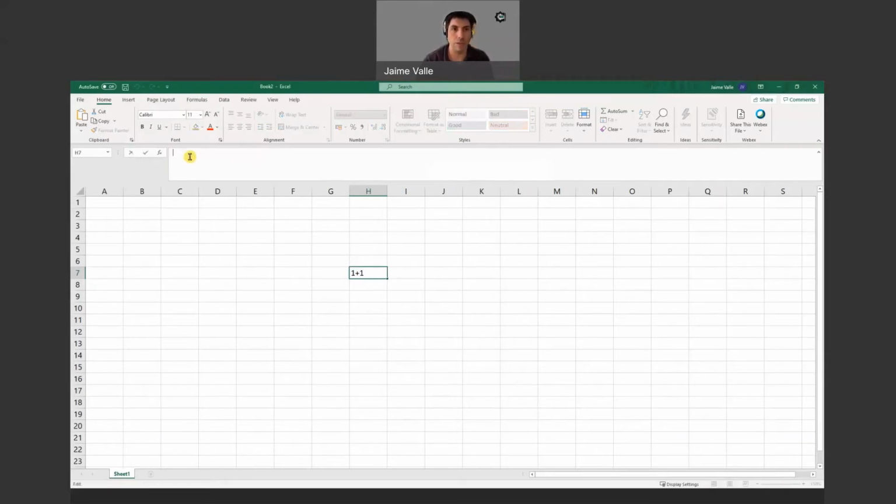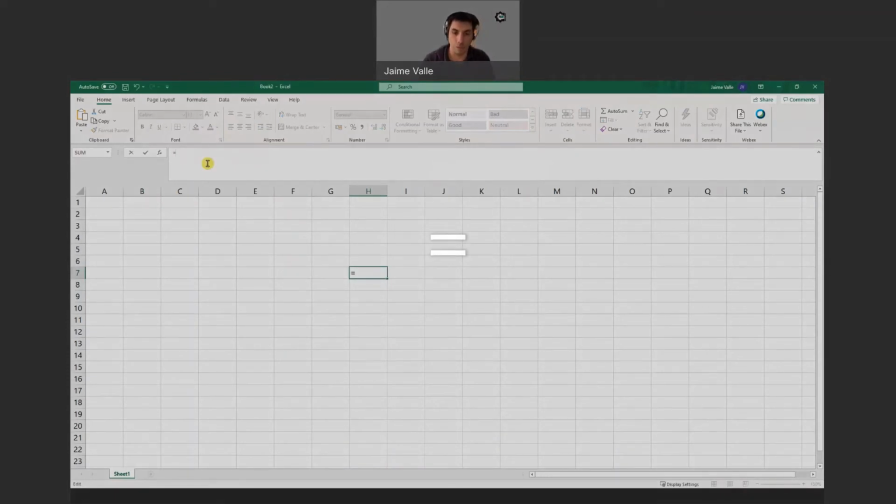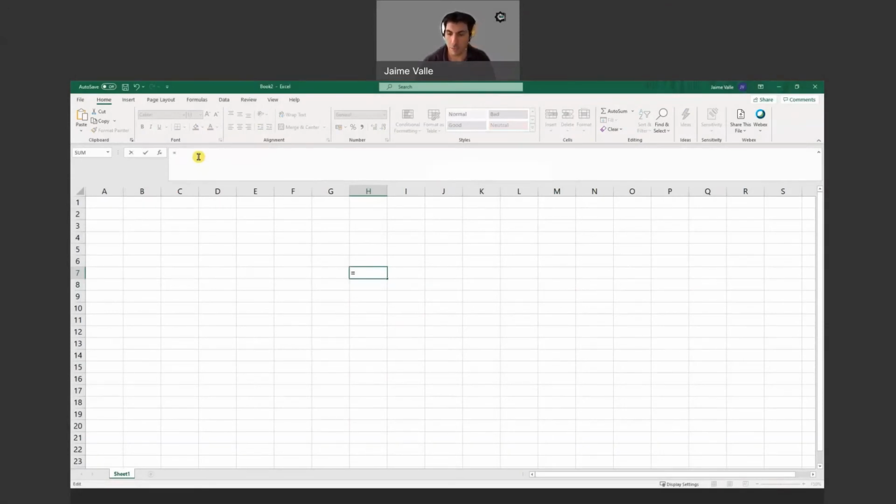Okay, so the only thing I need to do is I go there, I click on my formula bar, and I need to put an equals symbol. Actually, if you do a plus symbol, it works exactly the same. For some reason, I'm used to using the equals symbol. Okay, so equals, and then yes, I'm ready to put 1 plus 1. When I hit enter, you see, Excel is not showing the calculation or the elements of the calculation anymore. It's showing me the result. Okay, so that's how I do a simple addition, a sum.